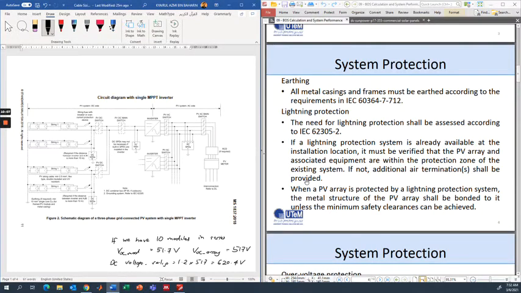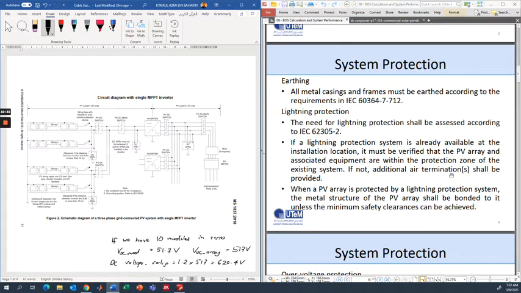Okay, so if the location already has an existing lightning protection system, they need to conduct an investigation to make sure that the PV array is covered within the protection zone. And when a PV array is protected, the metal structure of the PV array shall be bonded to it unless the minimum safety clearances can be achieved.